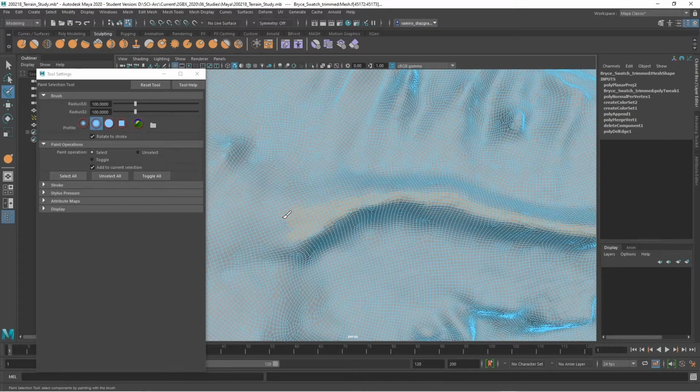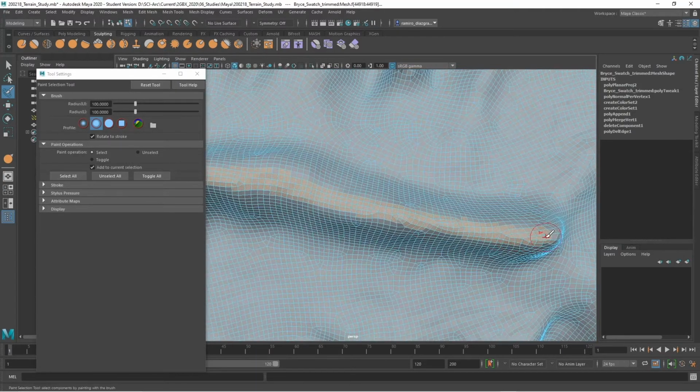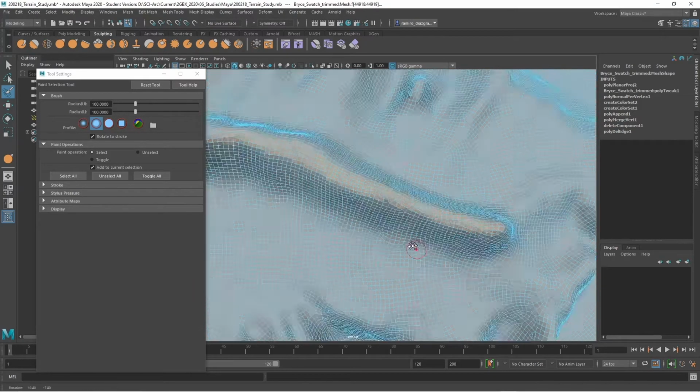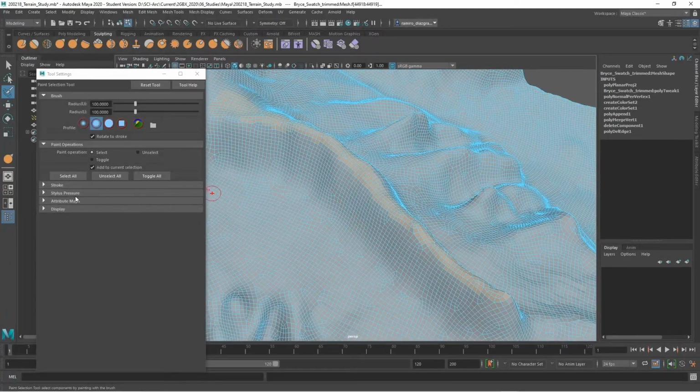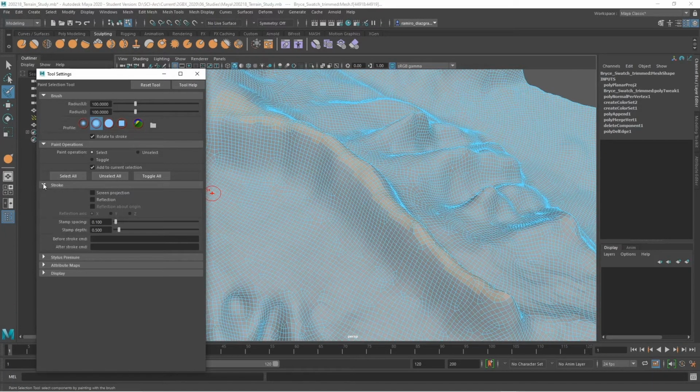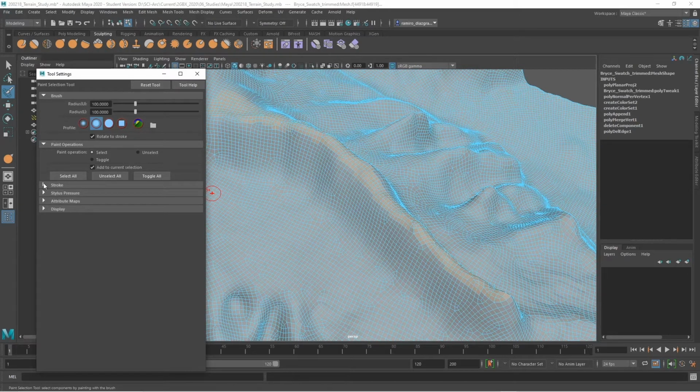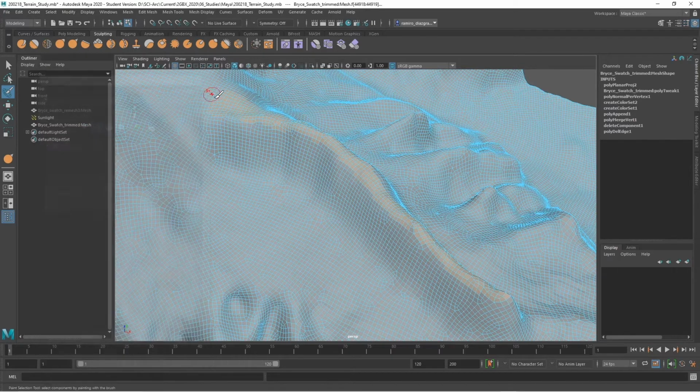And then what we're going to do is use my soft select tool. Oh, it doesn't have it in here. Okay, so we'll do it in the move settings. So I'll get out of there, go to move,